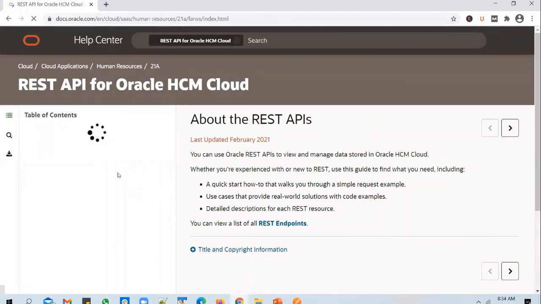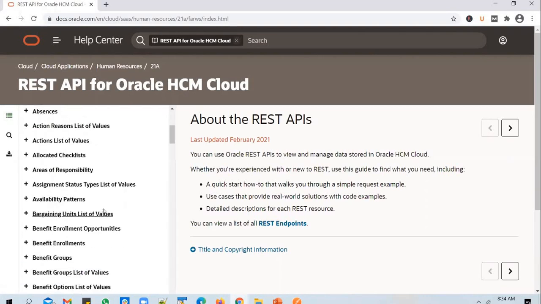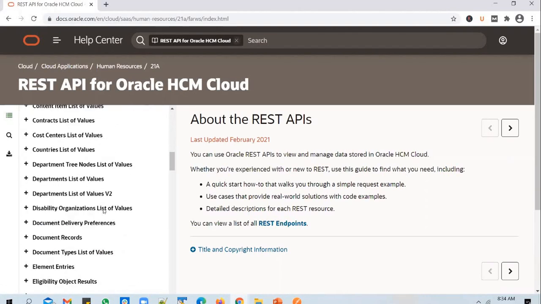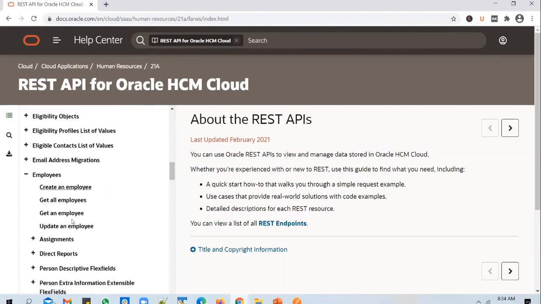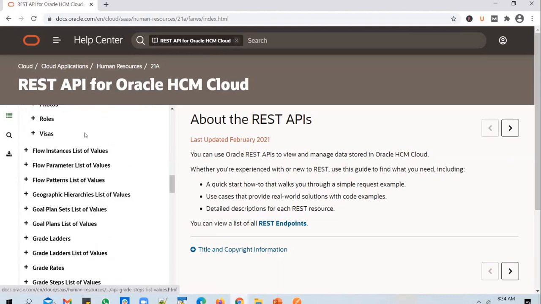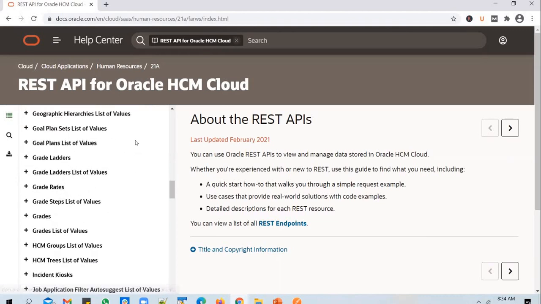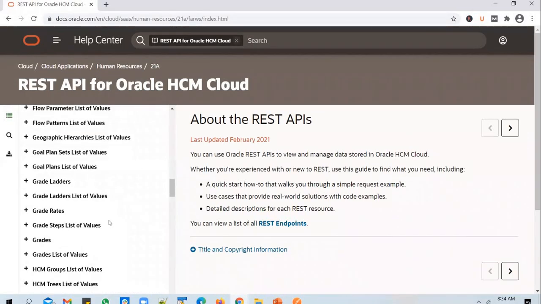You will be able to see the REST APIs exposed by Oracle to interact with HCM Cloud. If you scroll down, you will have APIs to get the details of an employee or create an employee. You've got a number of other options as well to deal with workforce structures. You've got APIs to deal with them.